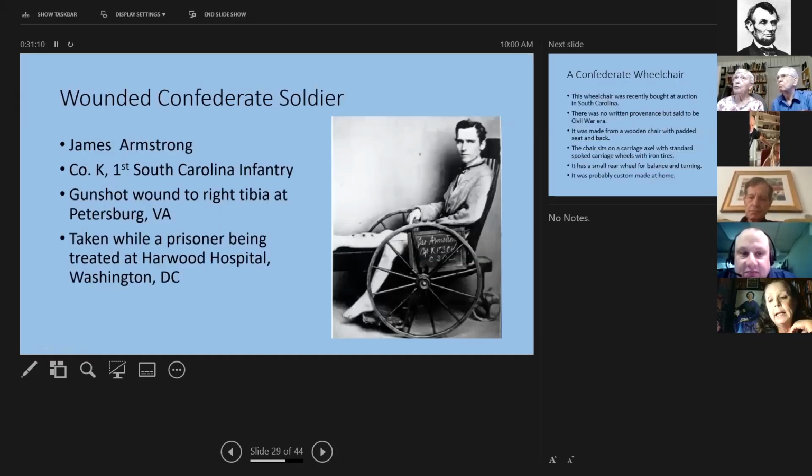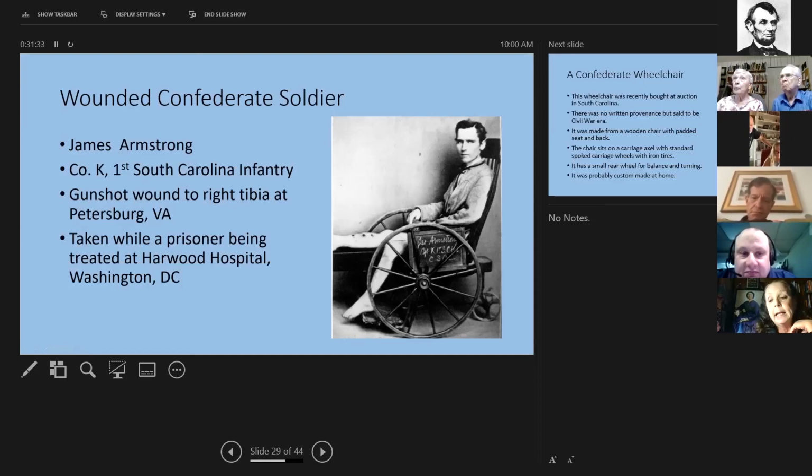And here is James Armstrong. He is from Company K, 1st South Carolina Infantry, and he had a gunshot wound to the right tibia, which is why his leg is extended.